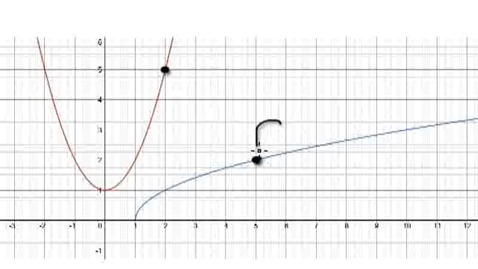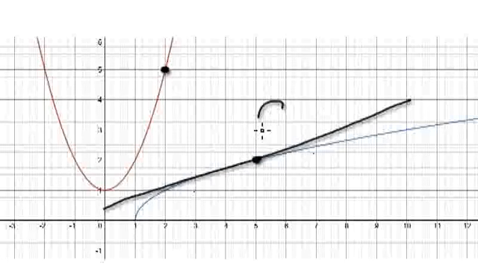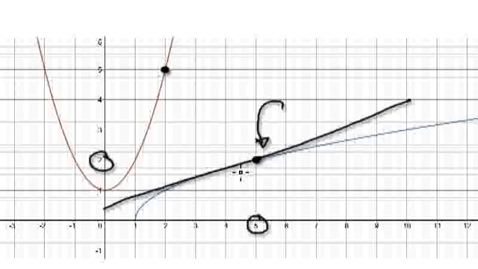Once you know the gradient at this point here, then you will automatically know the equation of the tangent line, because in effect you have a gradient at a point, and then you know the coordinates at that point. So you should be able to work out the gradient. You should be able to work out the equation of this line here. Okay. Once you've got this equation here, well,